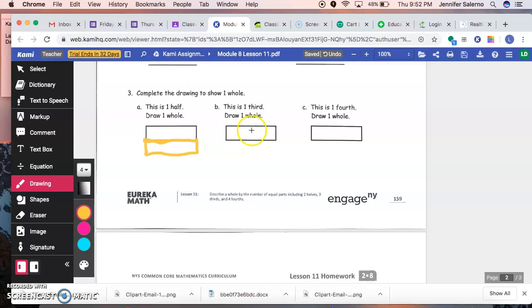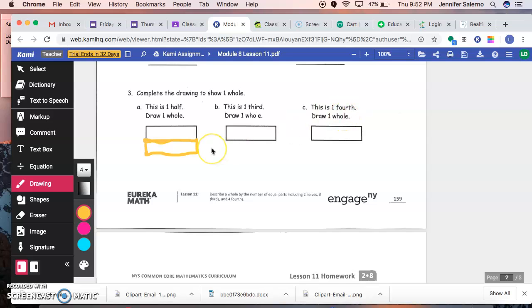So the same for this one. This is telling you that this is only 1/3. They want you to draw the whole. This is only 1/3. Third means there should be 3 parts in total. Right now you only have 1 part. So draw how many more parts so you have 3 parts in total. Again here, this is only 1/4. You need to have 4 parts in total. So please make sure that you're drawing however many more so that you're equaling the total to make a whole,